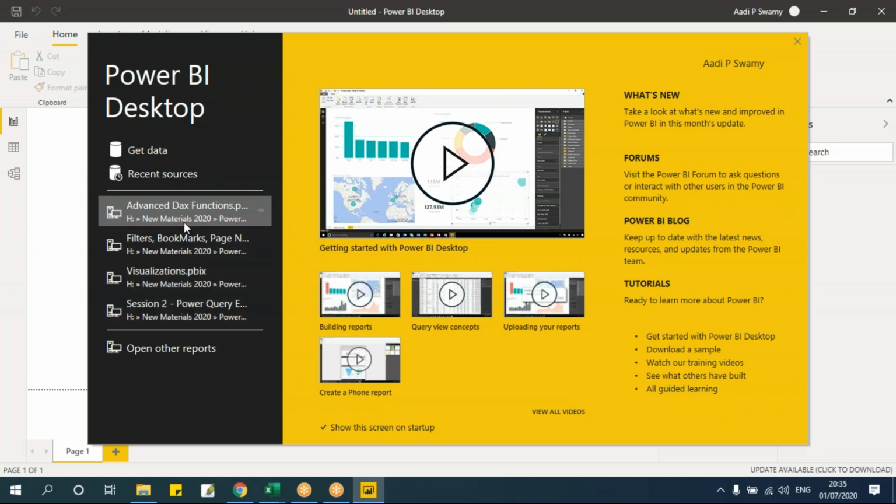These are the recent Power BI files. The Power BI files will have a file name extension of PBIX. So this also is very important to know. Open Other Reports is like trying to open other PBIX files. Coming to this part